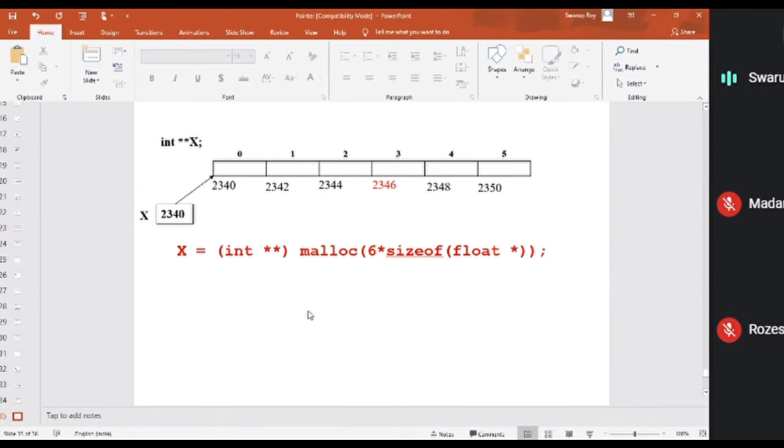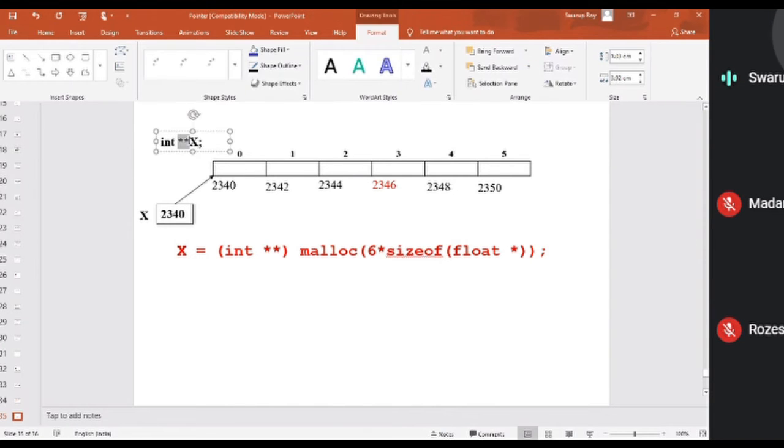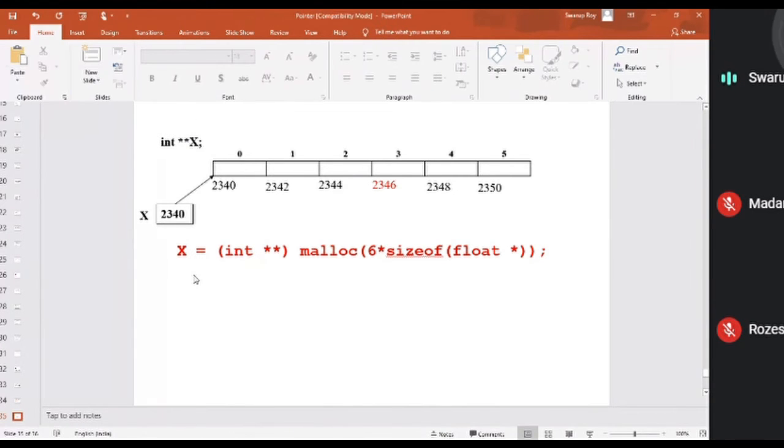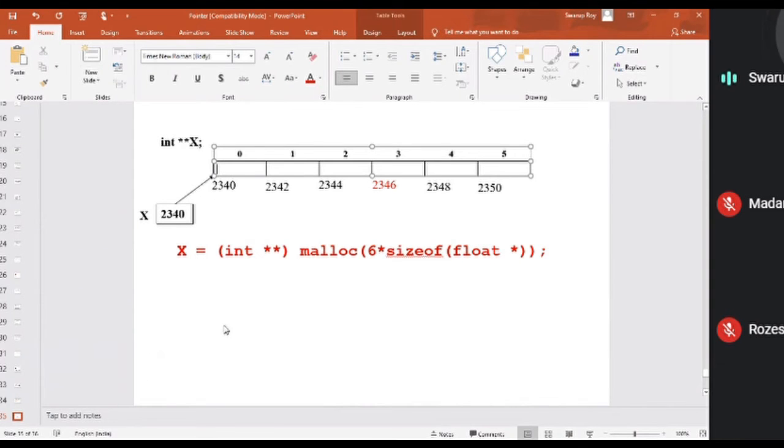So now it's holding the base address. Now this array is not a normal array. You cannot store any normal values over there. Why? Because this is an array of pointers. You are creating it by using star star x, so that means pointer of pointer. It can now hold the address of some other pointer.